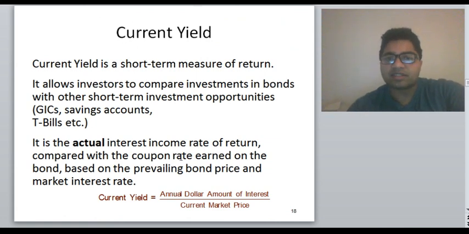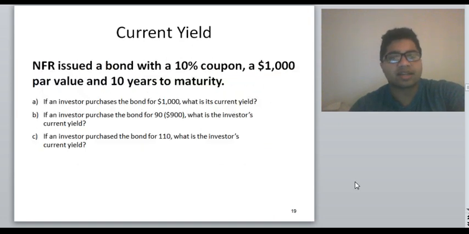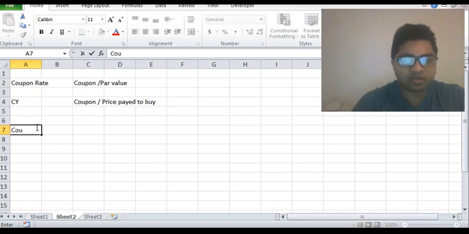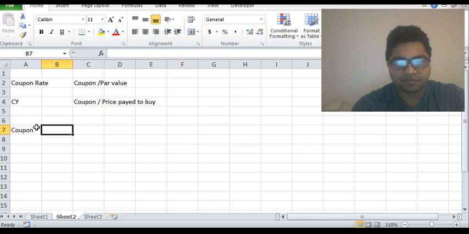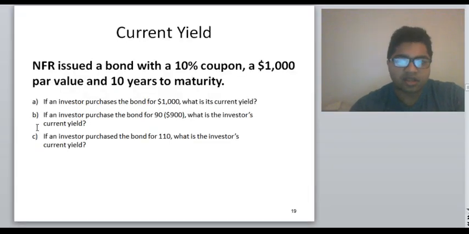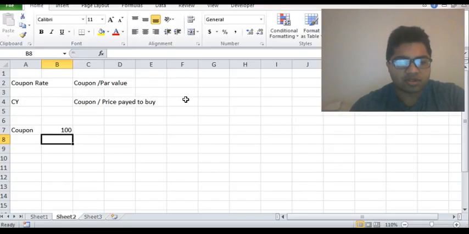So it is the actual interest income rate of return compared with coupon rates earned on the bond, based on the prevailing bond price and the market interest rate. So current yield in different cases, you have a 10% coupon rate bond on $1,000. So how much coupon are you getting? Coupon that you are getting is 10% multiplied by 1,000, so $100. And if you purchase the bond for 1,000,